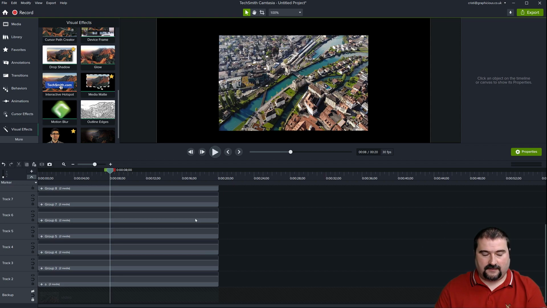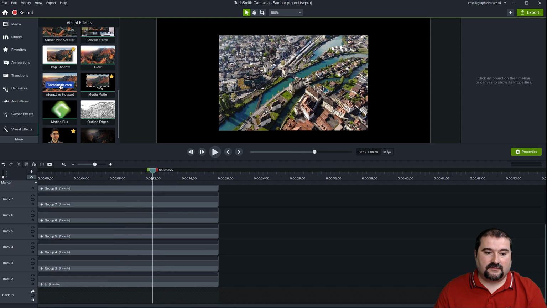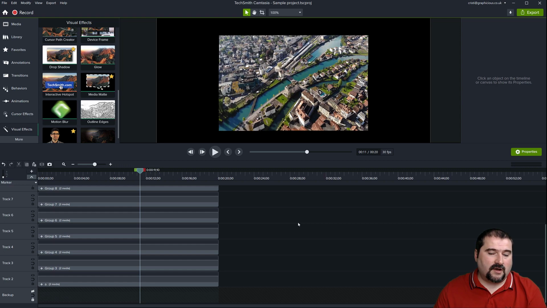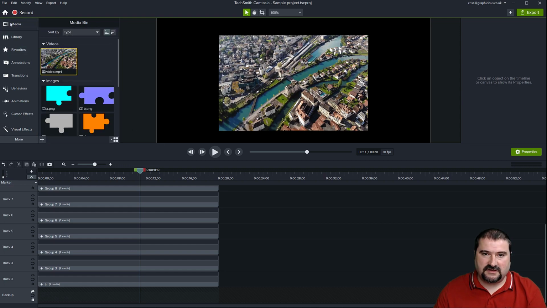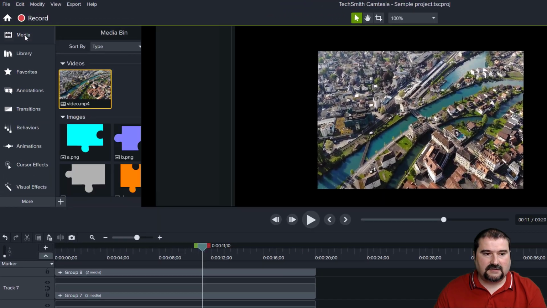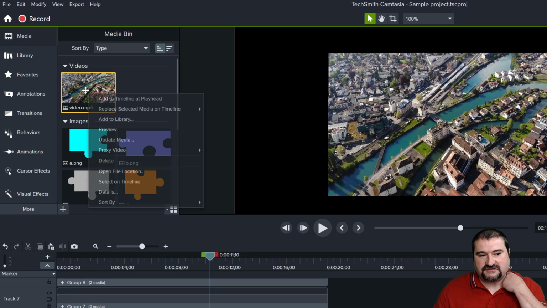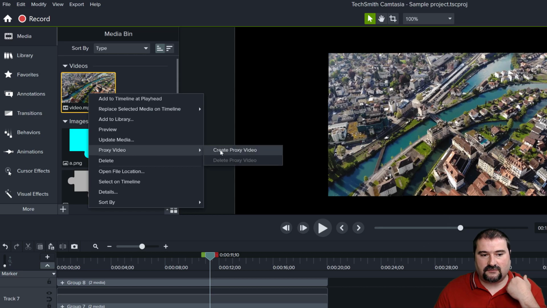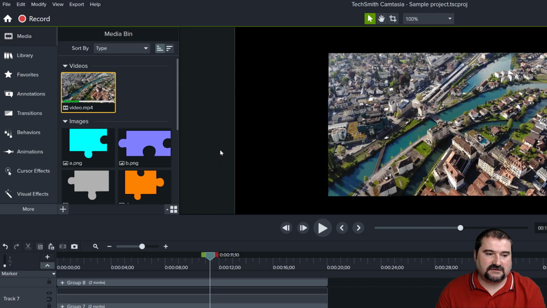So that's the trick. Now, the other thing we need to do is save. We don't want Camtasia to crash. Okay, now, because I'm running here with 9 copies of the same video, you can see Camtasia is struggling to animate. If you have Camtasia 2021, that's great because you can go to your media bin, and right click on the video and just create a proxy for this video. Create proxy video. It's going to take a second, but then it's going to create a lower resolution version of the video that you can use in editing.